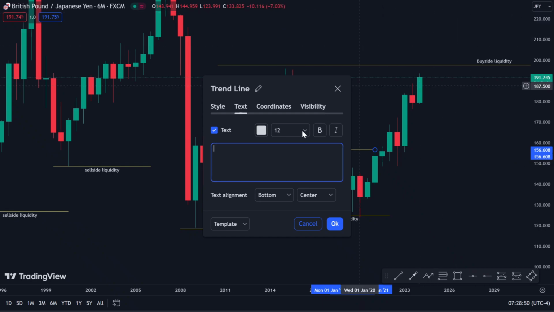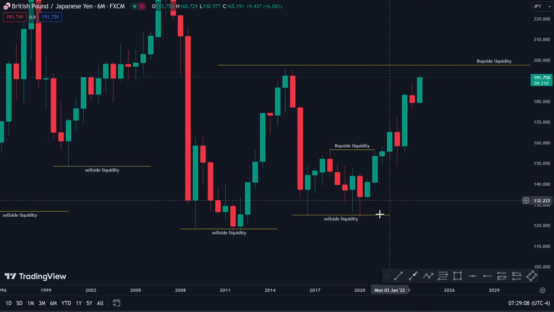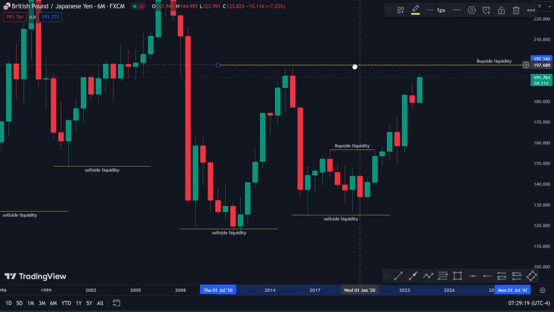Let's annotate it. We have buy side liquidity. So we had a cluster of buy stops over here, and it acted as a draw on liquidity. After this was taken out, the market targeted this, the buy stops resting on this high, which acted as our buy side liquidity. And right now, friends, where we are,